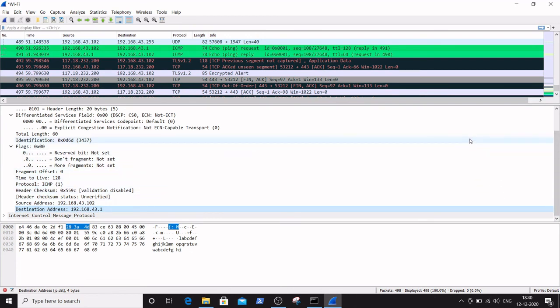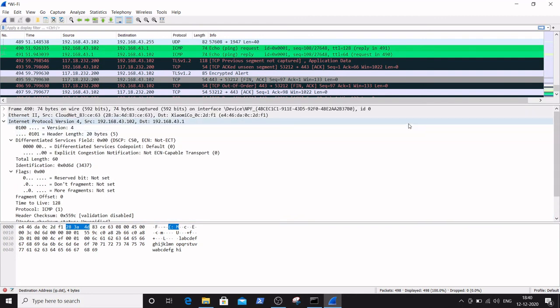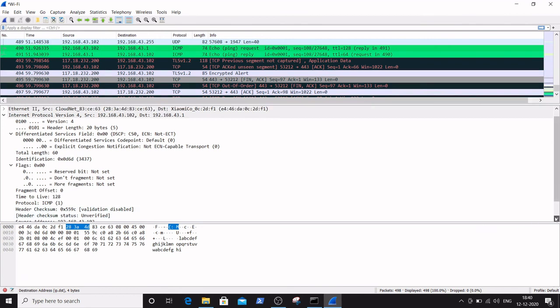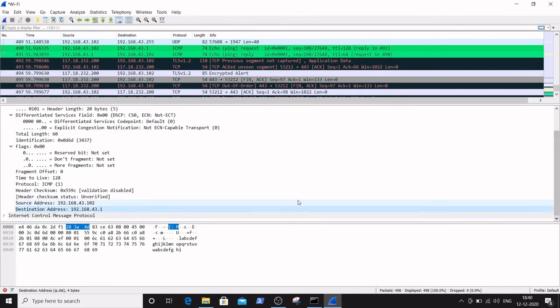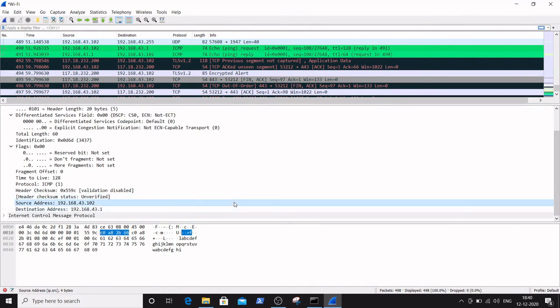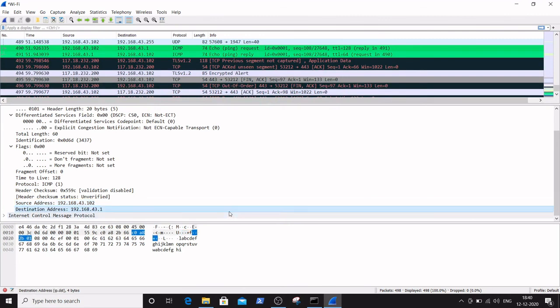So this is the entire description of the internet protocol version and the various fields that are present in the internet protocol. The size of the source address is 32 bits and the destination address is 32 bits.